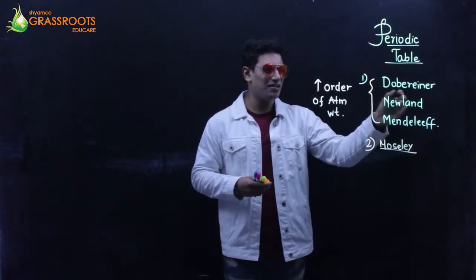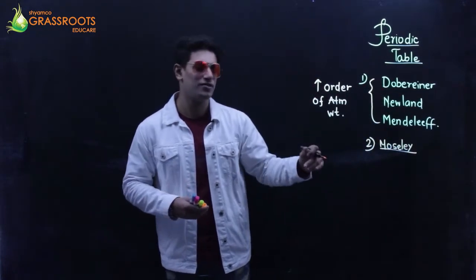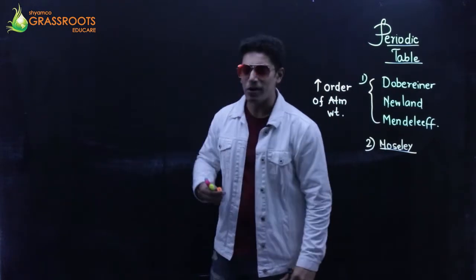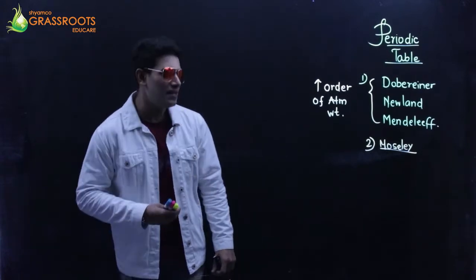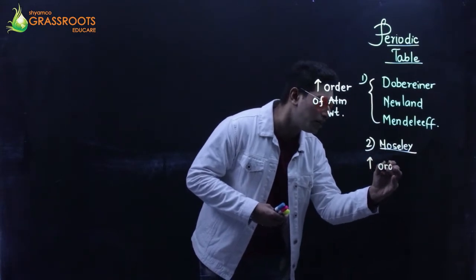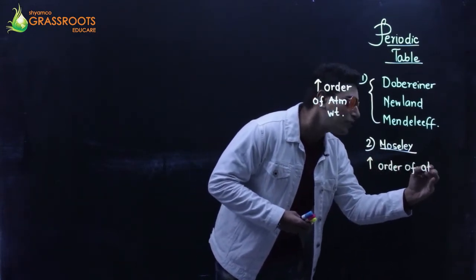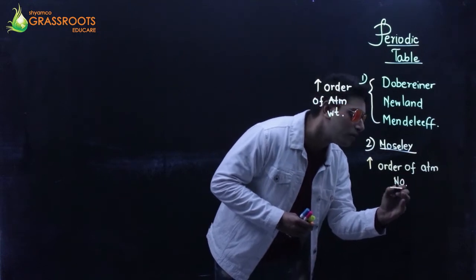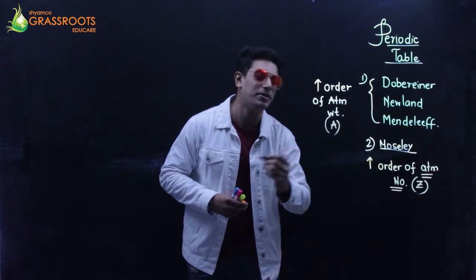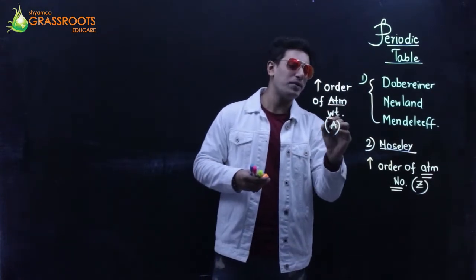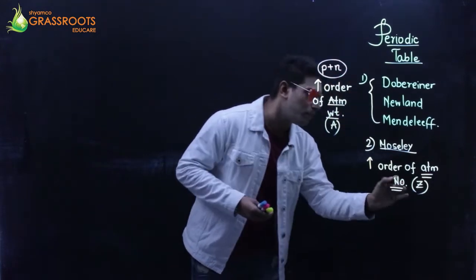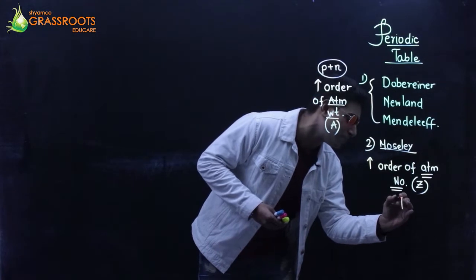Moseley saw the failures, the drawbacks, the limitations of all 3 of them. He changed the concept. He said, fine, the table looks nice, it sounds good. Let's now arrange the elements in the increasing order of atomic number. That is Z. Atomic weight is represented by capital A. Because we know atomic weight is the number of protons plus neutrons, and atomic number is nothing but just protons